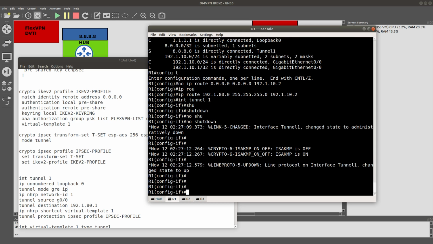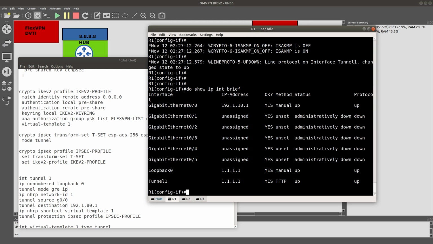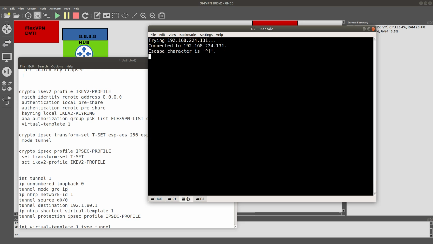Let's change to up. And there we go, so now it is up. So we also need to delete it from router 2 and router 3 and do the same so we don't get that error. No IP route